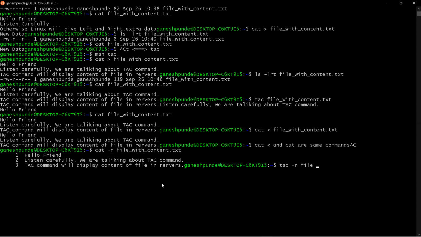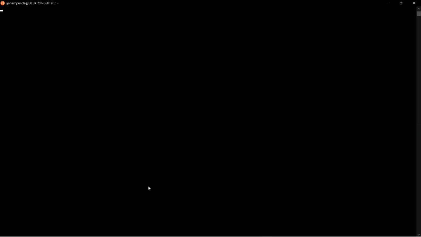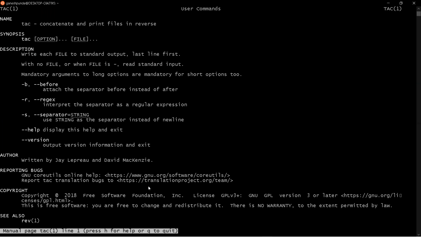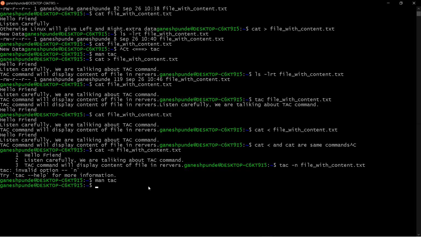File with... okay. So it seems the -n option is not there in the tac command.